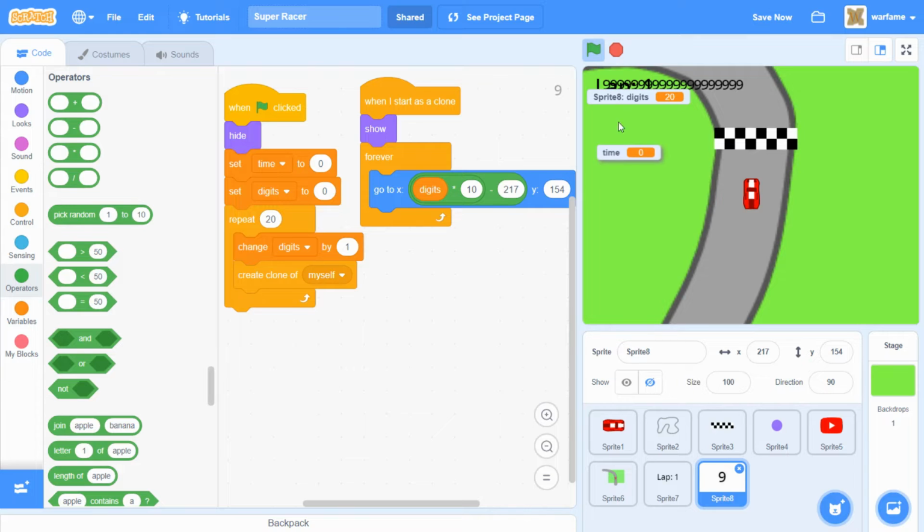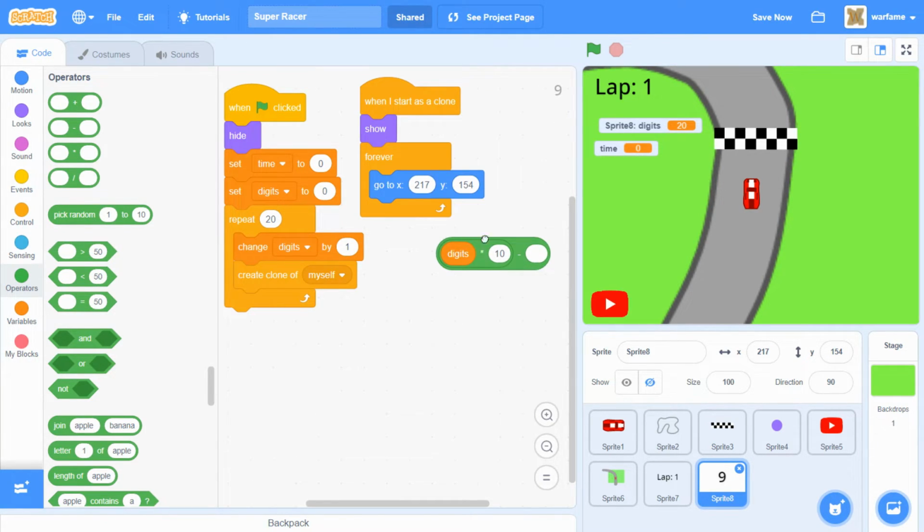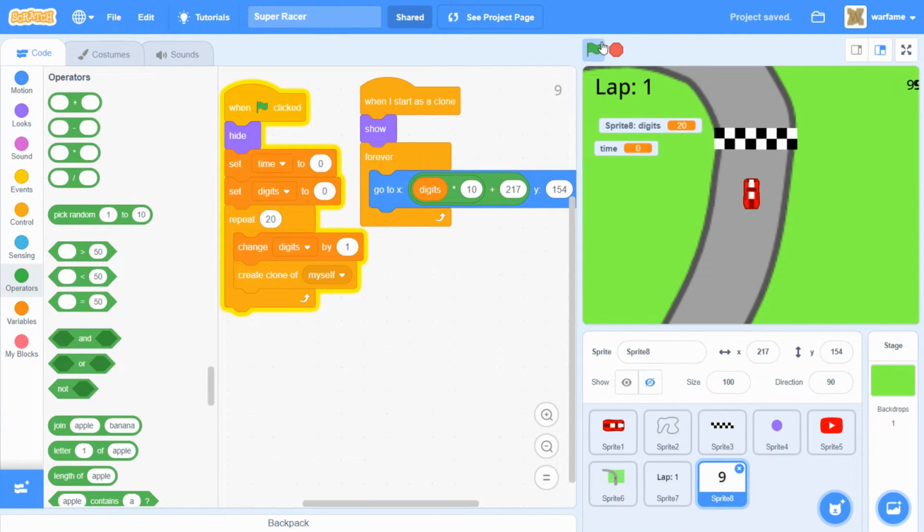Okay, so as you can see, our numbers spawn over here. So let's make them go over here. So I think let's try maybe minus 300. Okay, so I think we actually have to plus a certain number. So I think let's try adding 217. So digits times 10 plus 217. Let's see. Okay, so I think we should do plus 100. So I think over here is fine for now, but now we have to make the numbers switch to their